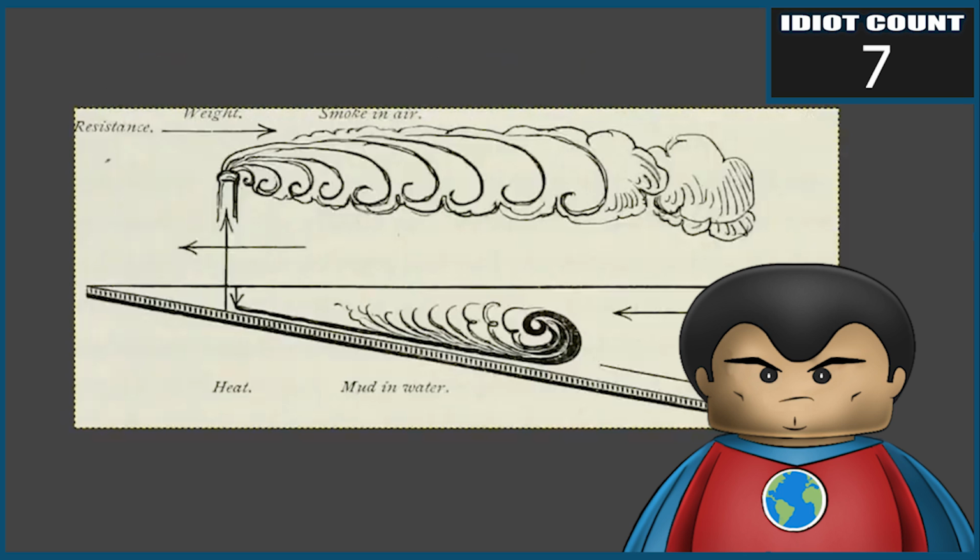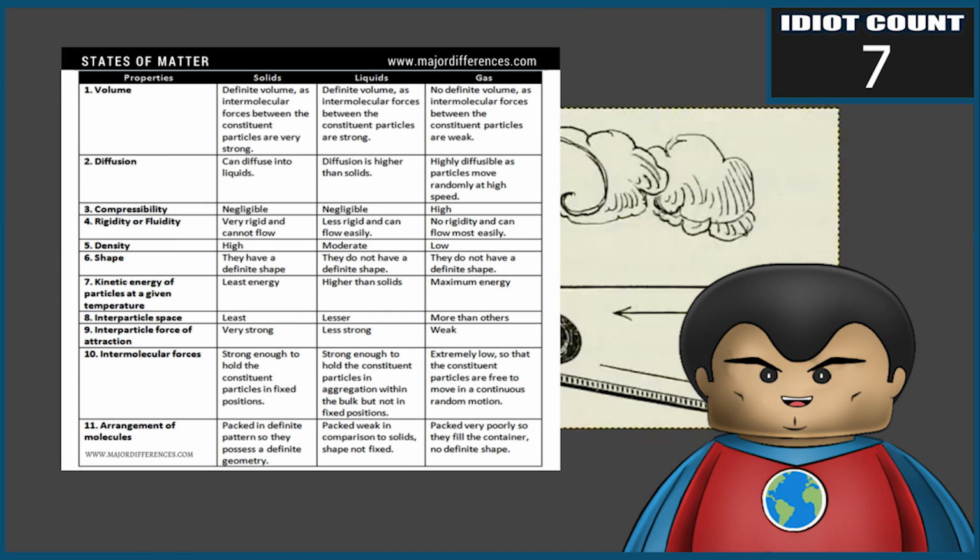I don't know how much I can stress this. Liquids and gases are not the same. They may share a property or two when it comes to fluidity, but they are two distinctly different forms of matter. On screen is a simple diagram showing the distinct properties of solids, liquids, and gases. Not that this is going to help Gigantor, because he's a science-denying flat earth idiot.